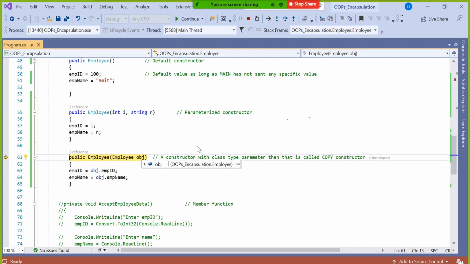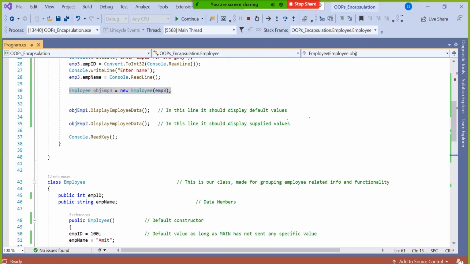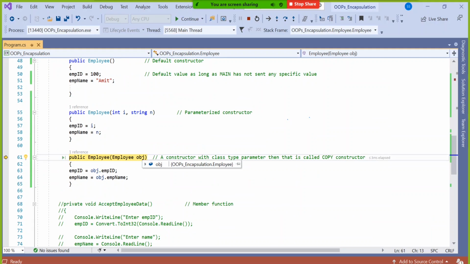Not necessarily if you have EMP spelling here, EMP3 there also; it can be any name, but it will copy intelligently all the data from there to here. Now if you take the mouse, even though I have not used employee ID comma employee name comma something comma something, all the data will be copied at a time from there to here. Then as usual, I supplied it to the respective variable just like here.